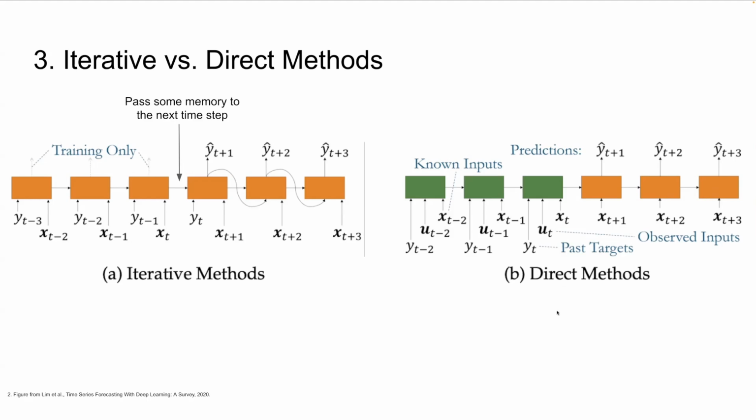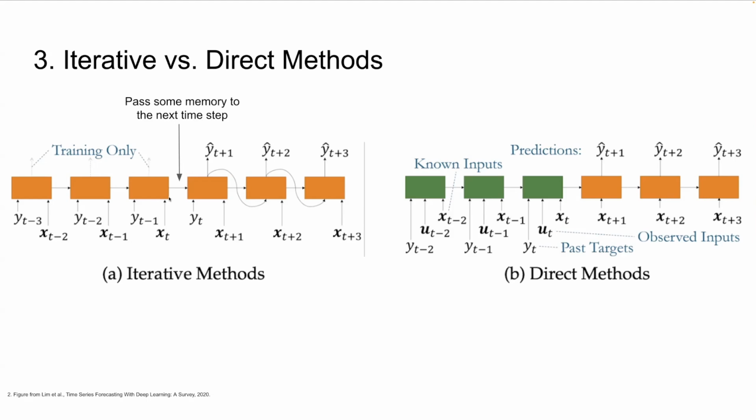So what the direct method does is that given all those variables at the bottom, we will directly predict the entire forecast horizon at once. So we'll predict y hat t plus 1, y hat t plus 2, and y hat t plus 3 all at once. On the other hand, if we use the iterative method,